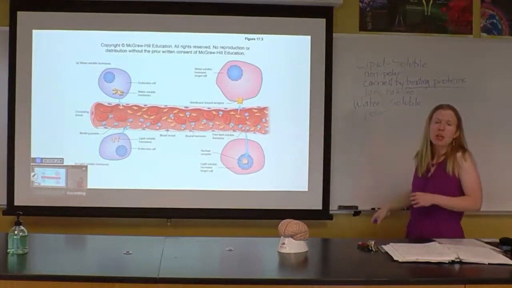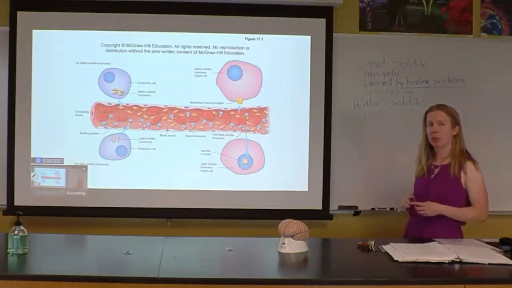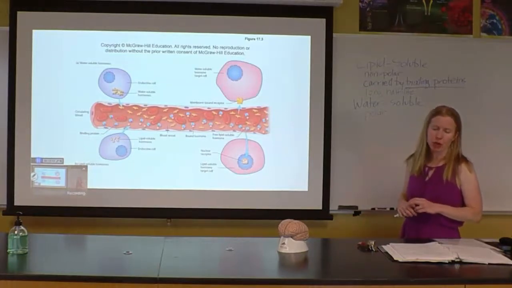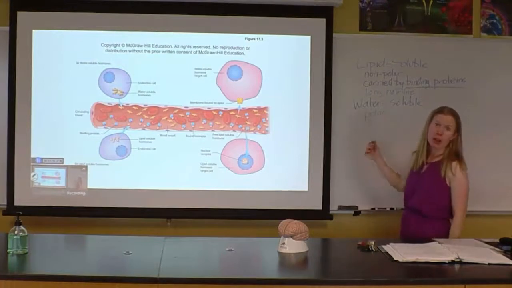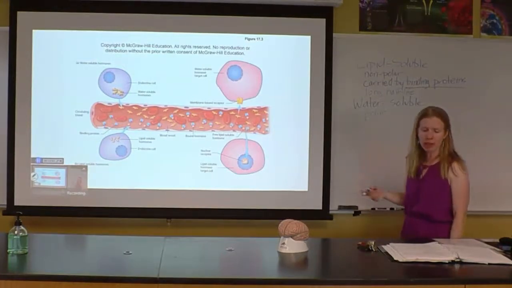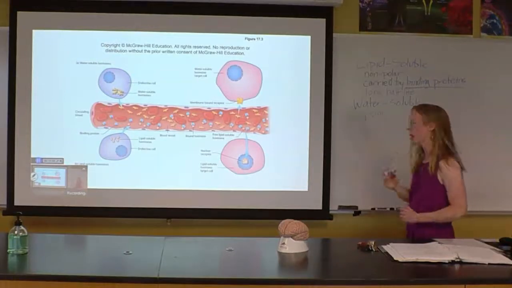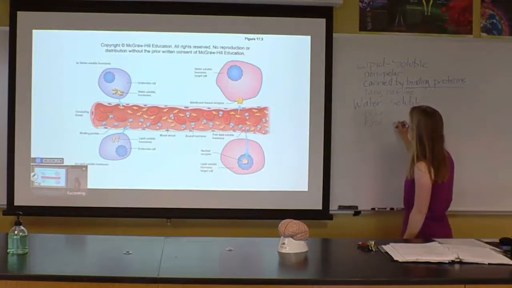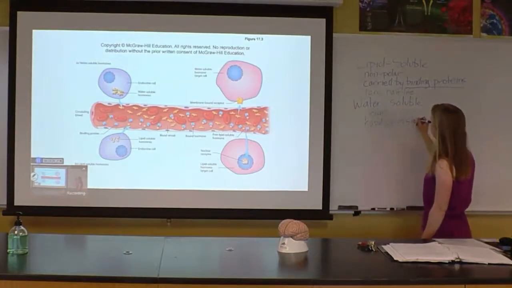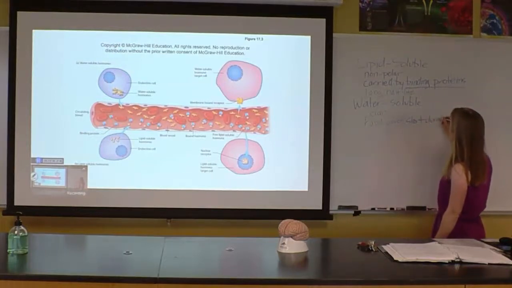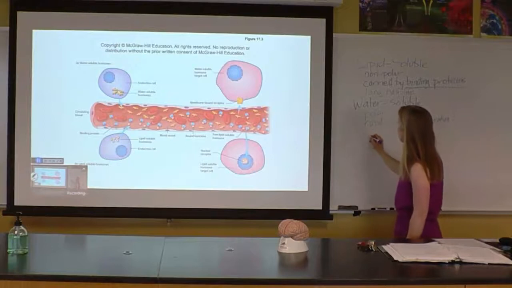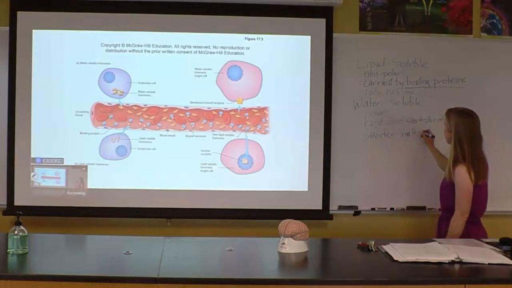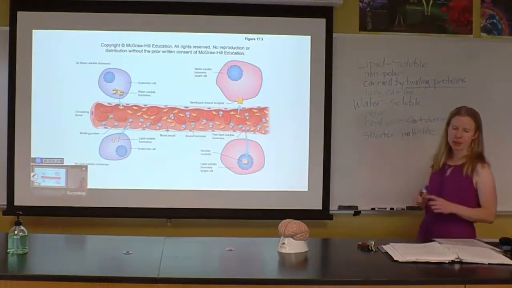The water-soluble molecules can circulate without binding proteins, but there are also quite a few of them that use binding proteins, and in that case it really is to increase their half-life. In general, though, we would say the water-soluble molecules have a shorter half-life. They tend to have a rapid onset and short duration of use. Again, in general, they have a shorter half-life. They just don't last as long in circulation.